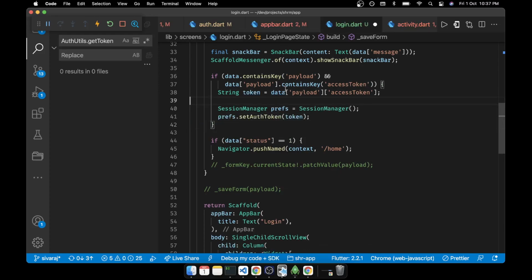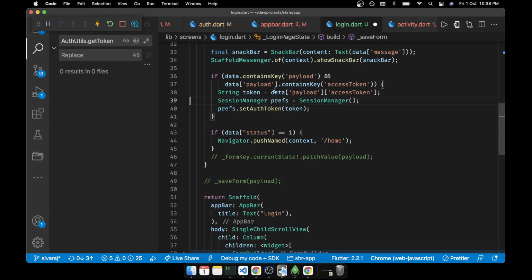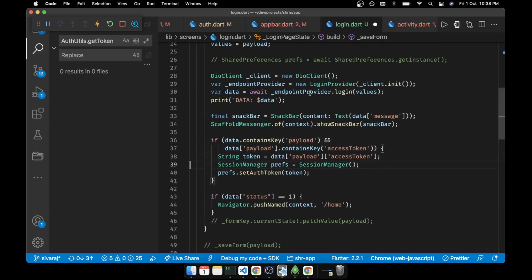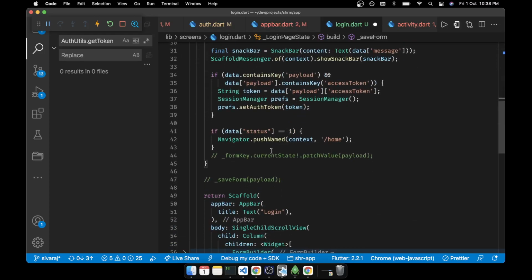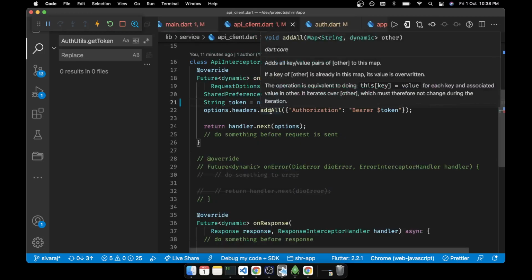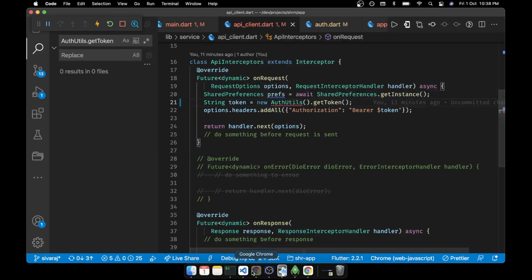So this is perfectly good to go, and here we don't need this SharedPreferences now. This one, okay, temporarily we can keep it. Then what other places? At the time of client we are having this. So how do we get that?